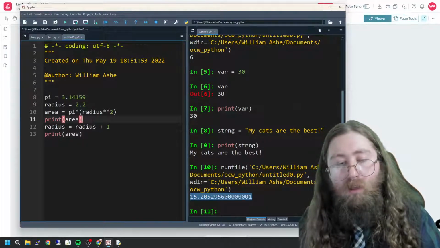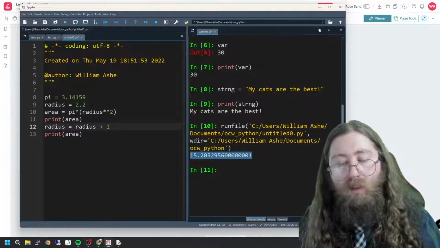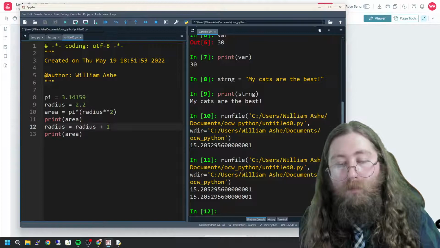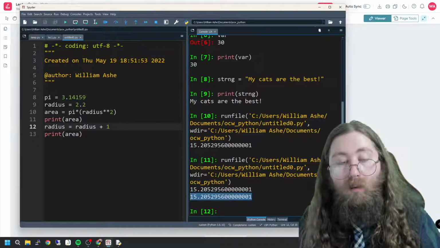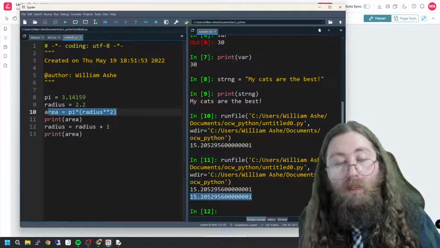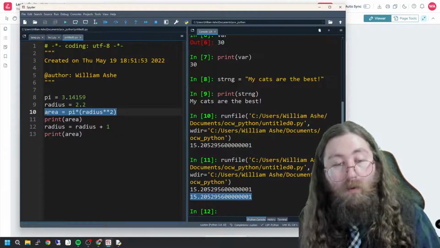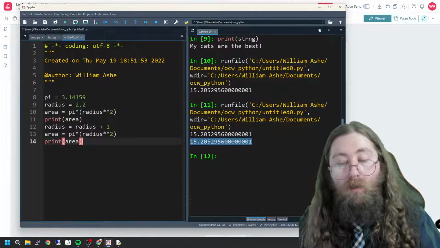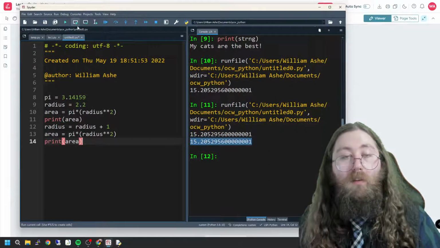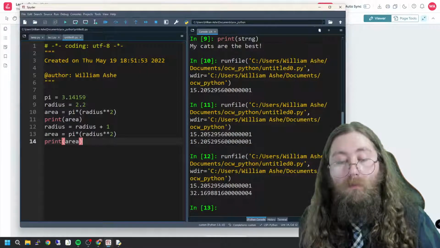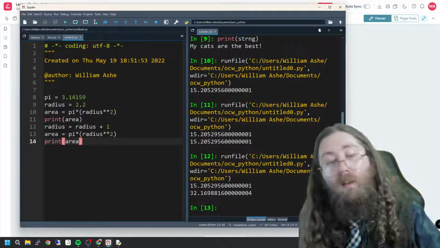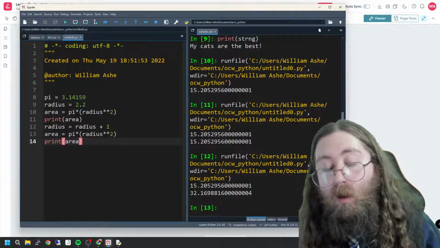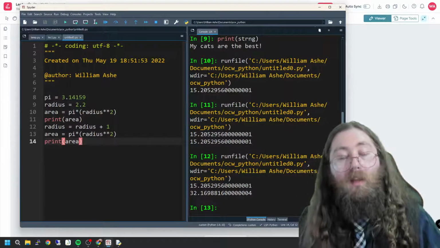I'm just going to leave it at that. So what we should see is just two more 15.2s pop out of here. See, they both come out exactly the same. Now if I take this line here, the area line, copy it, and then put that here, now we should see two different values of area come out. See, when I change that radius by 1, I actually increase the area by a lot, doubling it actually, right? But that's just how circles work.